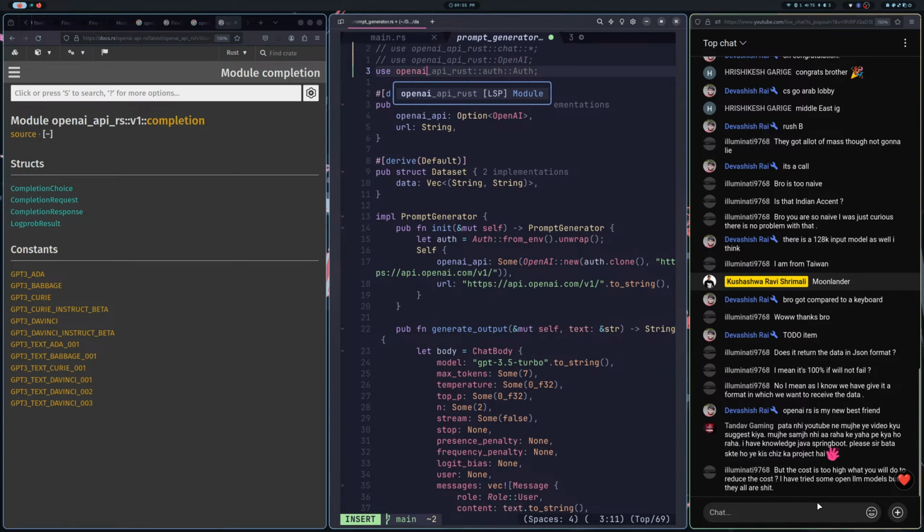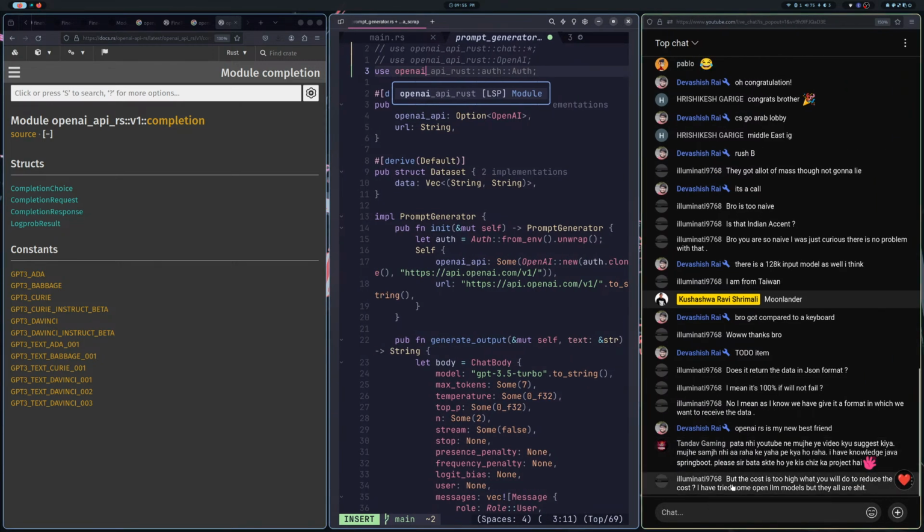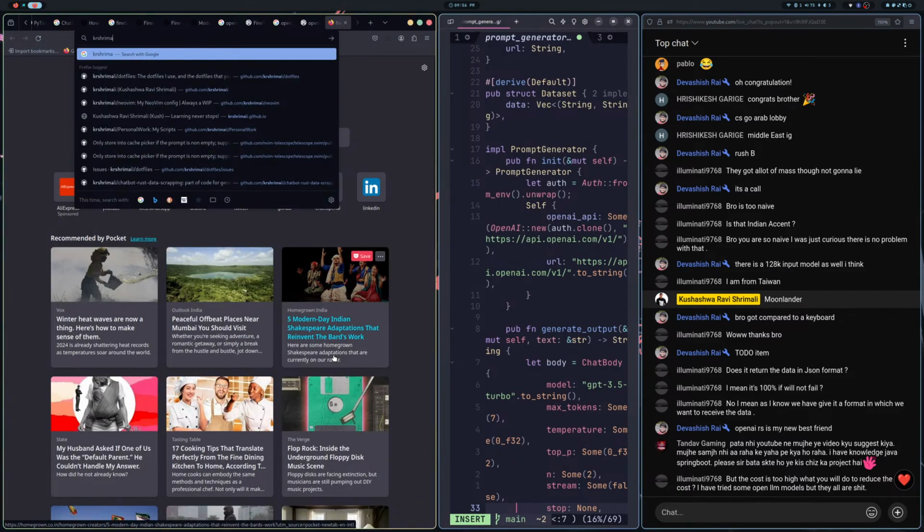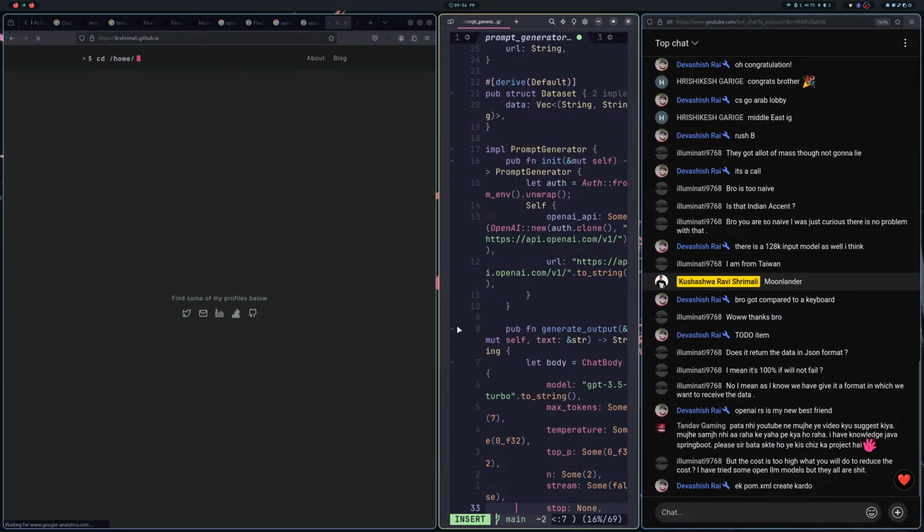But the cost is too high. What will you do to reduce the cost? I've tried some LLM models, but they're all bad. I mean, see, my point is, first of all, you want to do validation, right? So that it doesn't fail. In that case, what I used to do before as well, I'm sorry, I'm again diverting myself, but